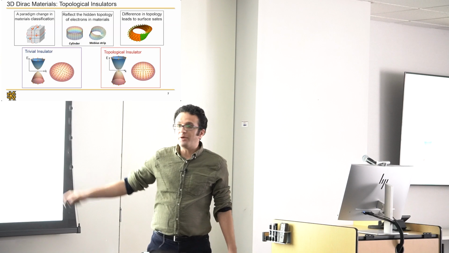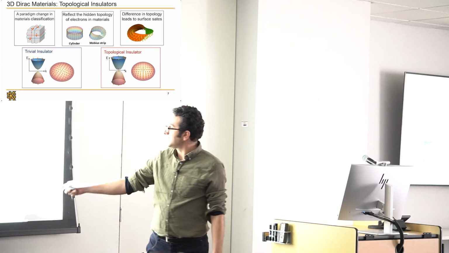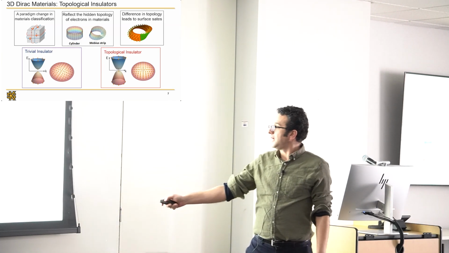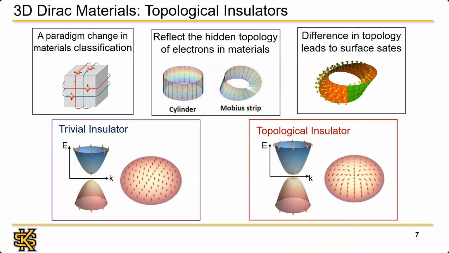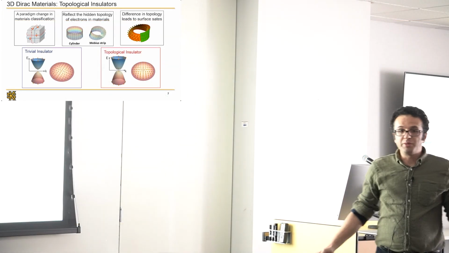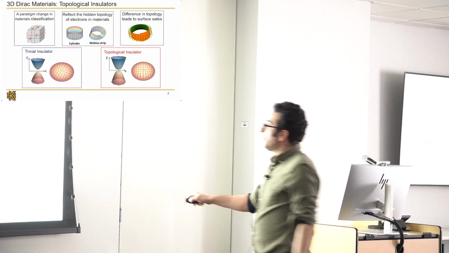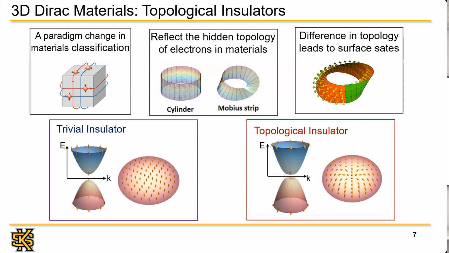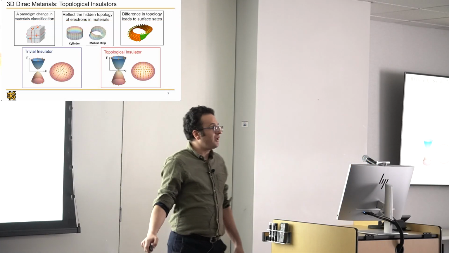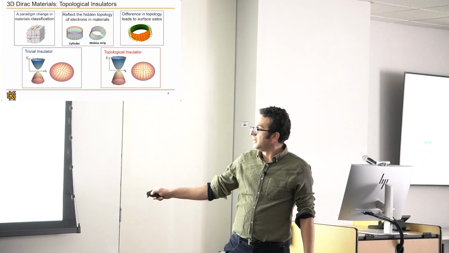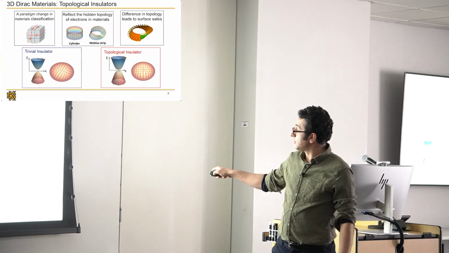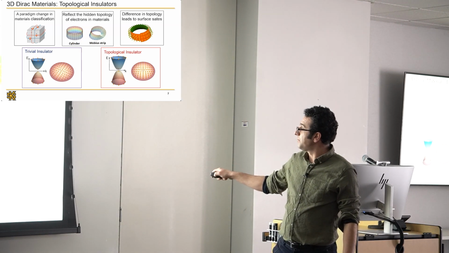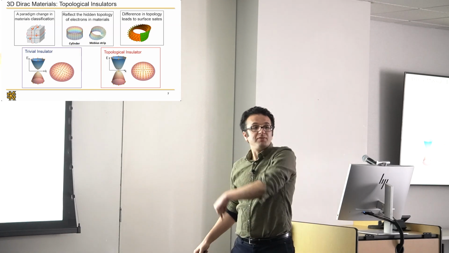Okay, so for all practical purposes, from the old classification, if I look at this and I look at that, I say this is an insulator and this is an insulator. There is a gap large enough. By looking at the dispersion, I say insulator and insulator. But that's not enough because I'm neglecting all the topology. If I look, for example, at the valence band, and I look at how my spin evolves across the Brillouin zone, I notice that in this trivial insulator, my spin does not change direction as I move. If I look at the topological insulator, I notice that I start with a spin up, and then as I move, there is a spin flip.